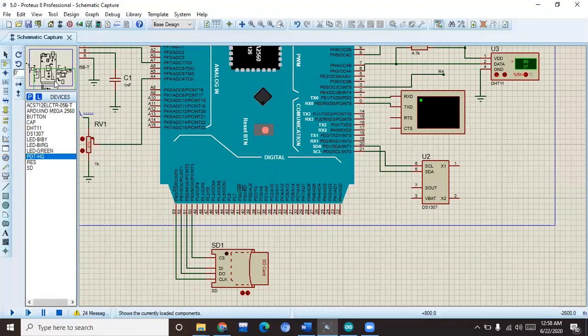Now the pins, after the discussion of the circuit: what are the pins that it is connected to? Actually, we can connect the SD card to the pins whatever we want, because its pins are just defined for this purpose. These pins are called SPI pins, which means serial peripheral interface. The pin number 50 is named MISO. MISO means master input slave output, so it sends data from the sensor to the Arduino.